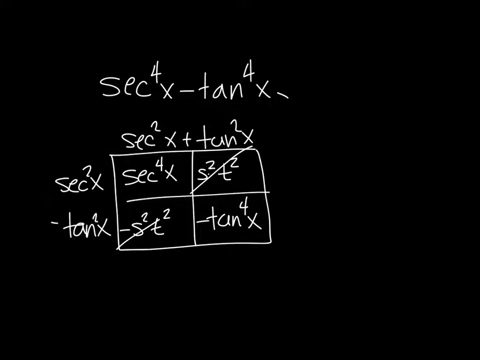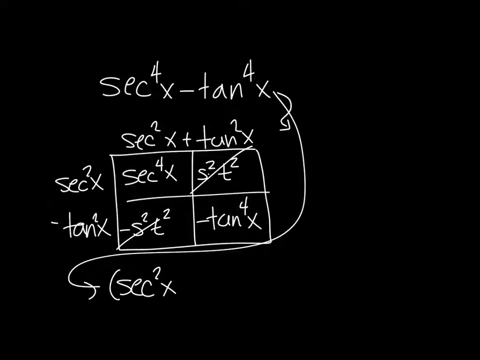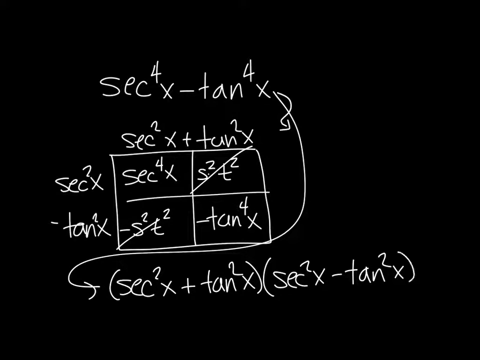Okay. So now I'm going to work at the bottom. So this becomes secant squared x plus tangent squared x times secant squared x minus tangent squared x. And yeah, it looks more difficult, right? It looks like a lot more work. It doesn't look any better. But I'm going to go back to that